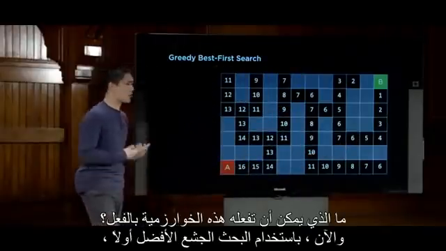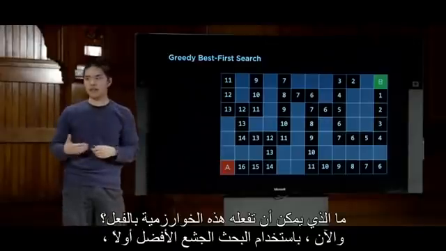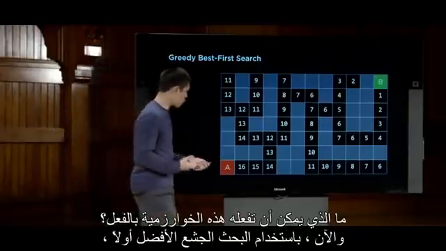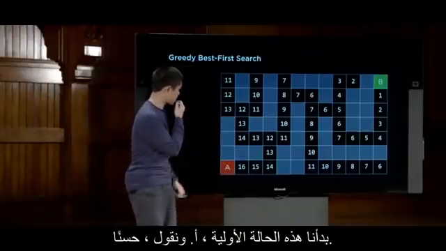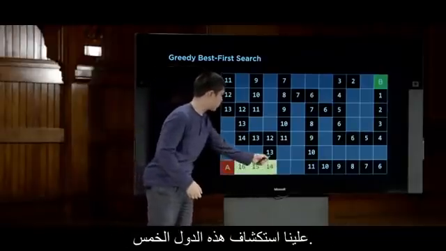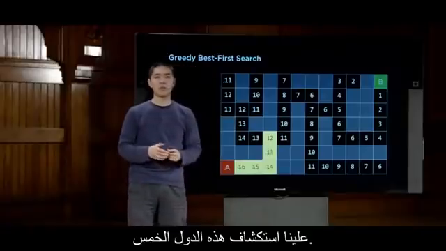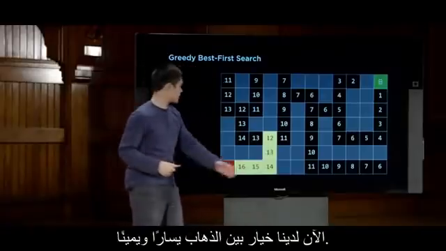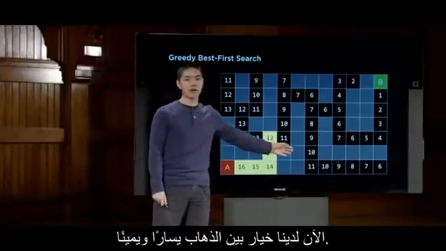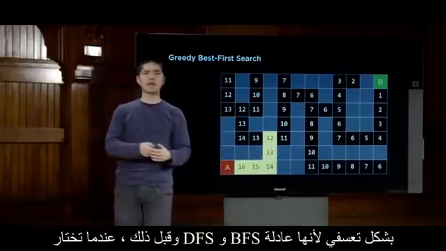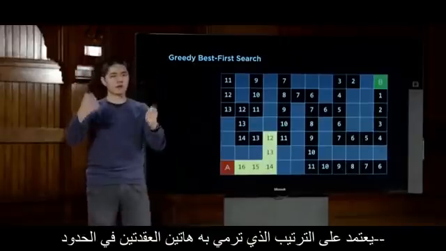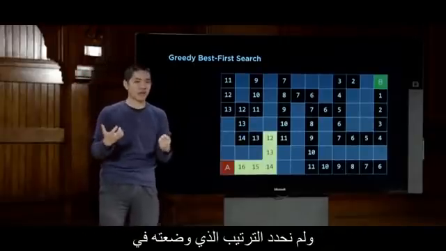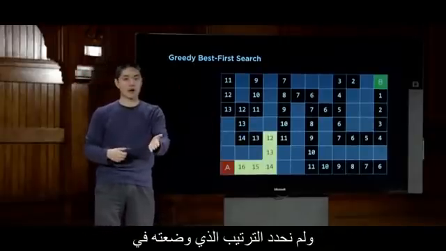So now, using greedy best first search, what might this algorithm actually do? Well, again, for these first 5 steps, there's not much of a choice. We start at this initial state A, and we say, all right, we have to explore these 5 states. But now we have a decision point. Now we have a choice between going left and going right. And before, when DFS and BFS would just pick arbitrarily, because it just depends on the order you throw these 2 nodes into the frontier, and we didn't specify what order you put them into the frontier, only the order